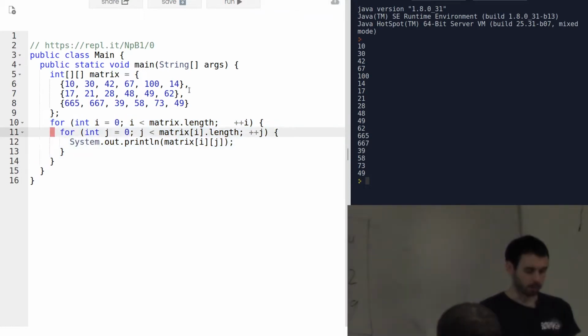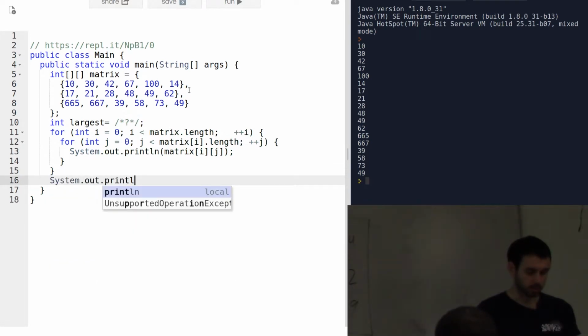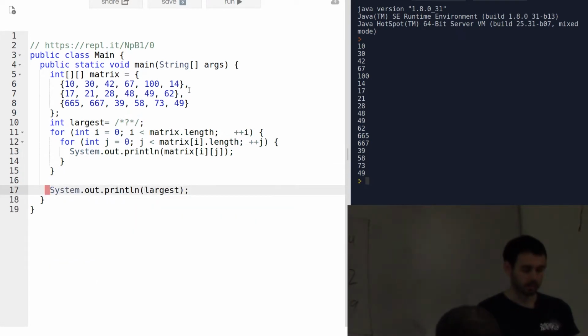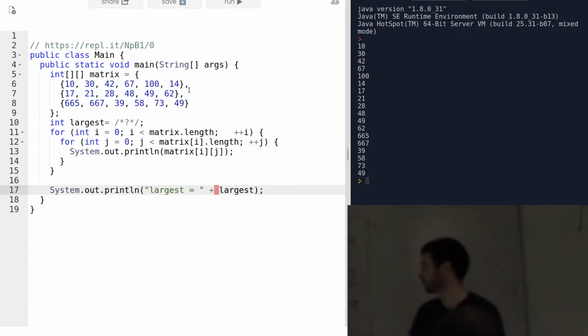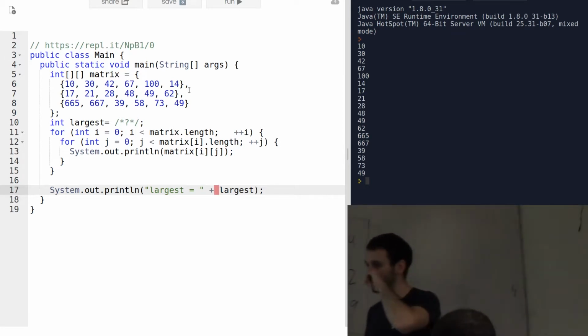So if I want there to be an int largest, set it equal to something. I don't know what yet. So that down here, if I do System.out.println(largest), I get the largest number in the array. The largest number in the whole thing. So in this case, it would be that 667. You always just keep track of that one variable. Whenever you find one that's bigger than one you've seen before, you replace the one you keep track of, because